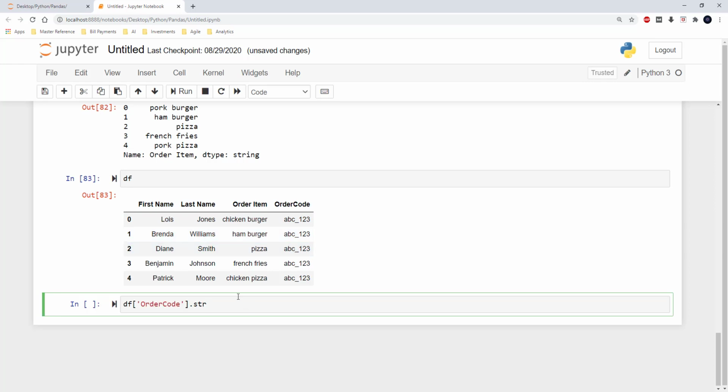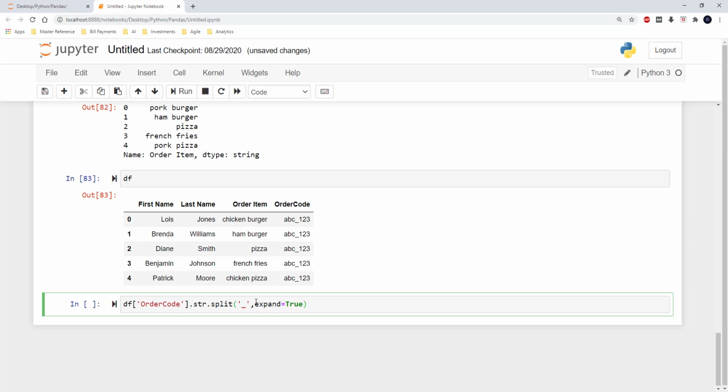And I am just selecting the order code, and then here in the string class I am using the method split, and I am going to do the split based on underscore, and then I am using expand equal to true.